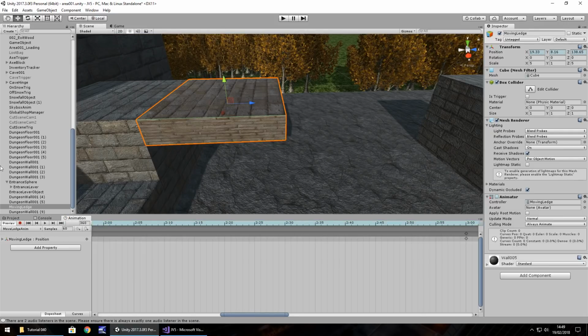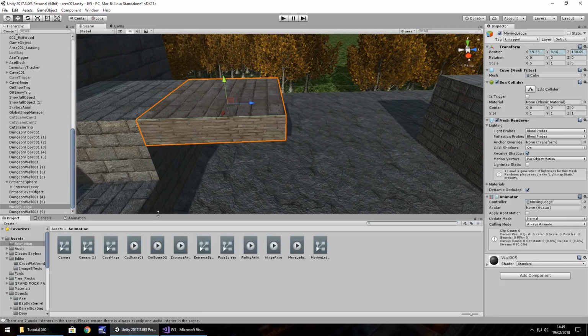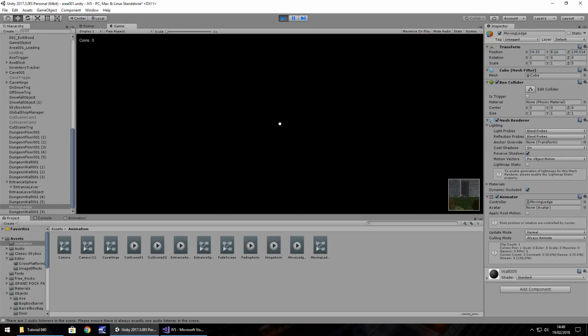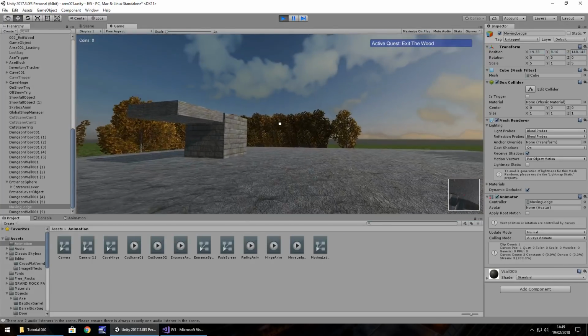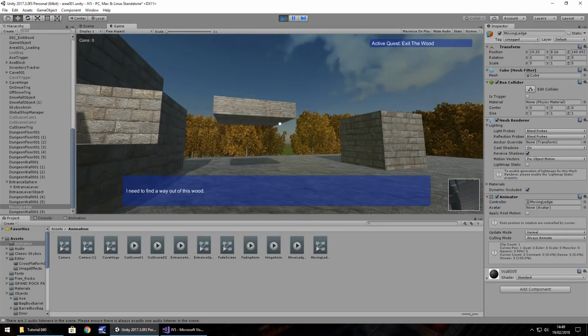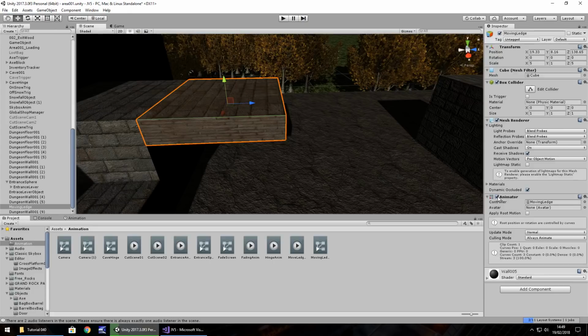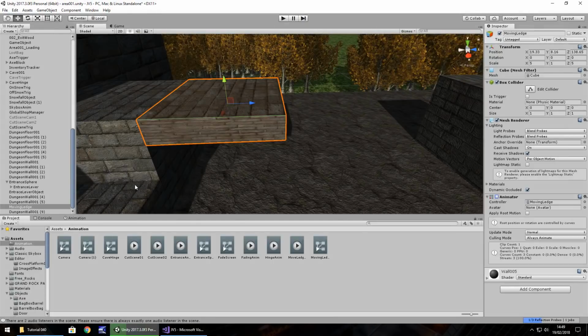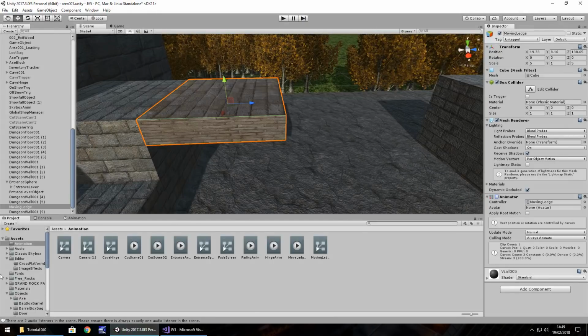Now, naturally, this is automatically playing due to the animator. And I think technically we could probably do it via the animator way. So let's see what happens first. So you can see it moving. I need to find a way out of this, which is fine. So if we turn off the animator, what we can do then is if we go to our script